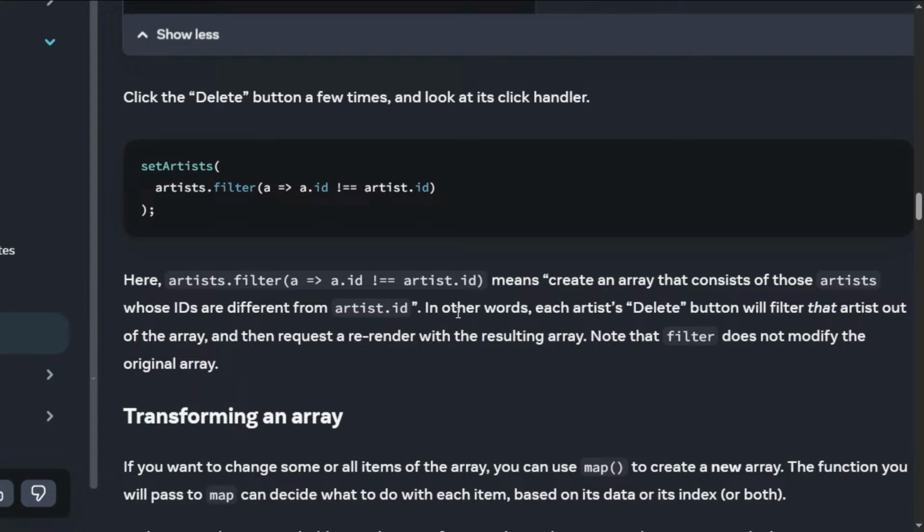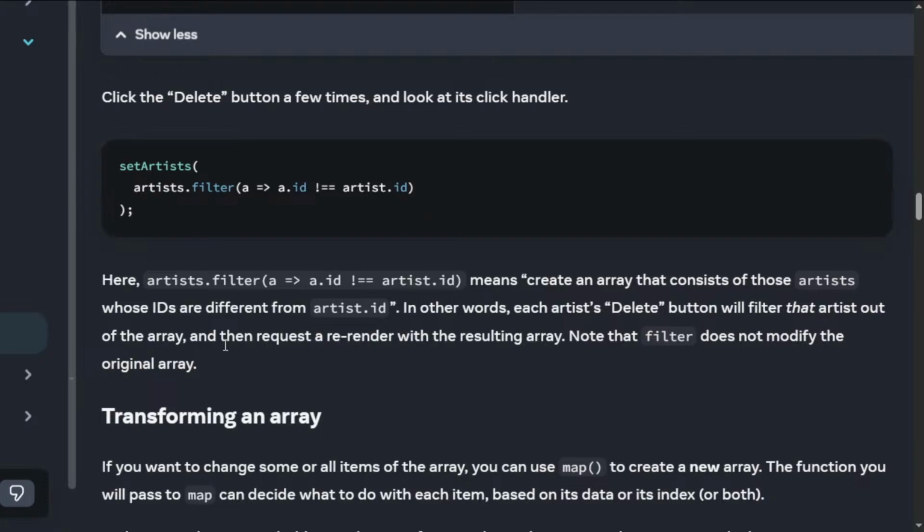In other words, each artist's delete button will filter that artist out of the array. Then request a re-render with the resulting array. Note that filter does not modify the original array. Yes, we know that, but the thing is, how